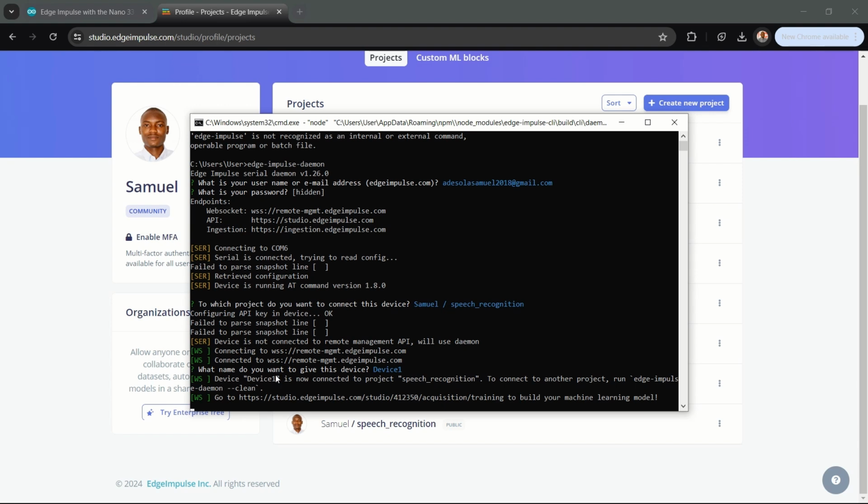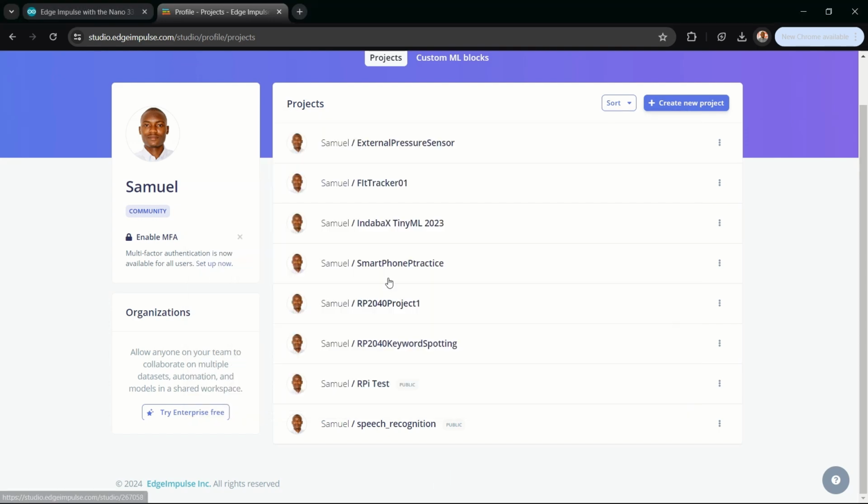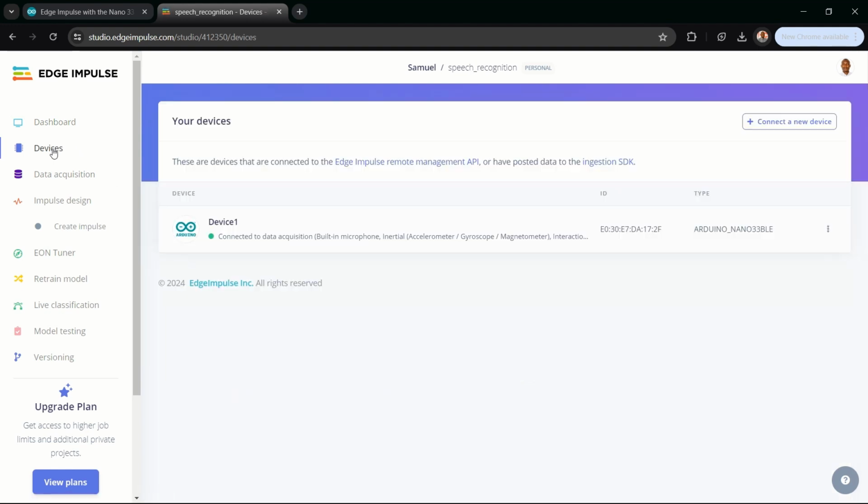So it tells me that device one is now connected to speech recognition, and then I can go to Edge Impulse to start my training. So what I'll do now is go back to my project, which is speech recognition, and if I click on devices now, I have that device one has been connected. So I give the name device one to my